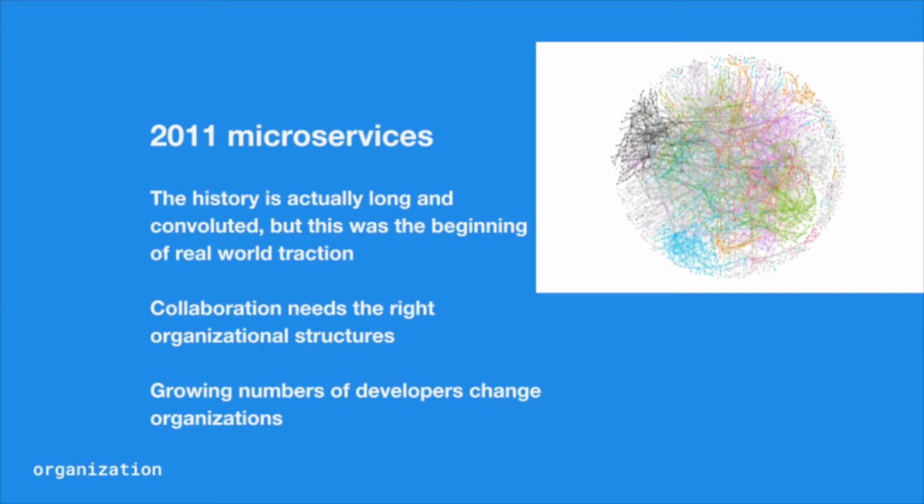2011 is kind of where I date the beginning of microservices. It's a very fuzzy term. The term went through various variations, but that's a starting point. It's the point at which it started to explode. That diagram's from Monzo. It's their microservices by team, and it shows the way we've started to organize things in many places. And that complexity was driven a lot by the fact that coding was becoming more important,